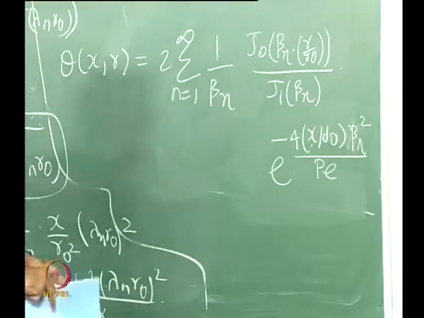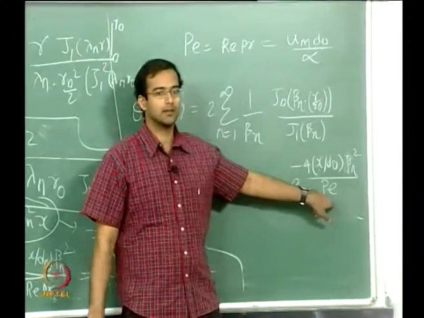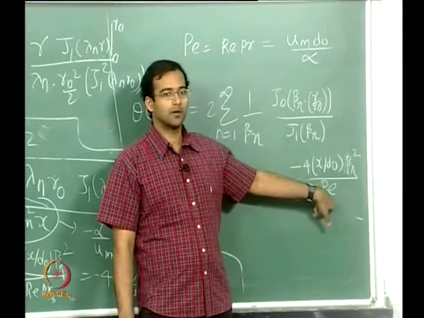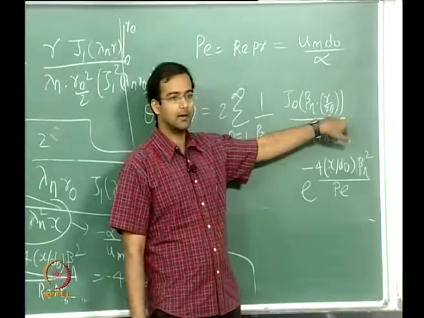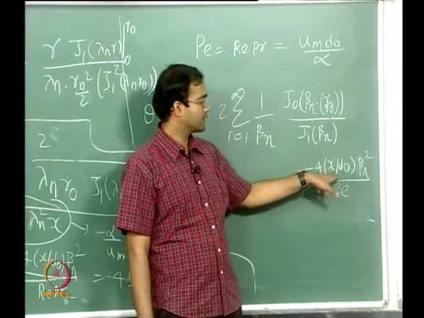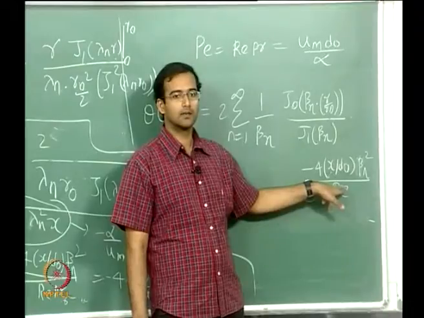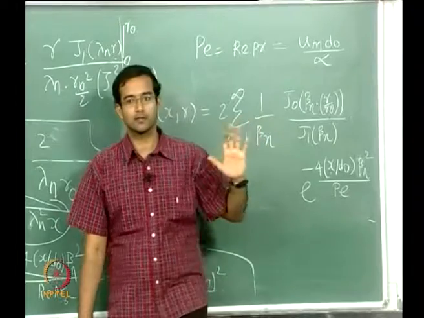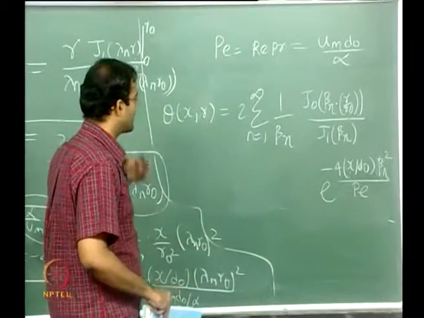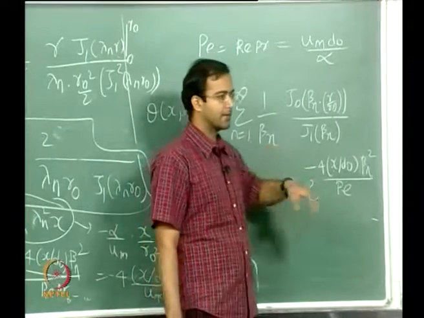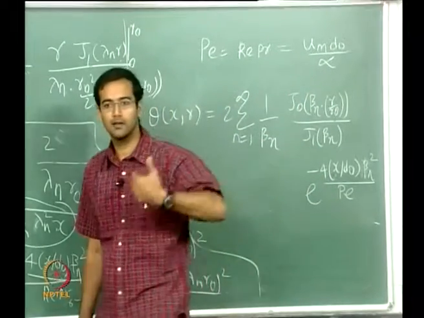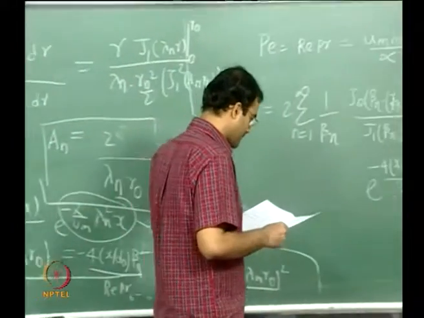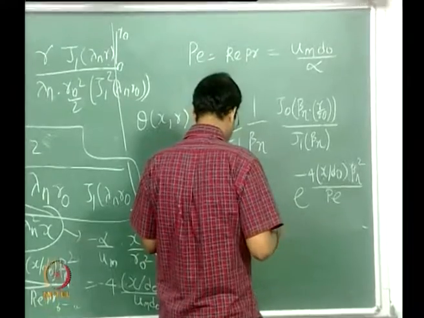So once you know the particular value of Peclet number that you are solving, that directly has both Reynolds number and Prandtl number. For different values of non-dimensional r by r naught and different values of non-dimensional x by d naught, you can directly get the solution for theta. So everything is now non-dimensional. You can plot the solution for theta as a variation with respect to r by r naught and x by d naught for a given value of Peclet number. So once we got the solution, still we are not done.